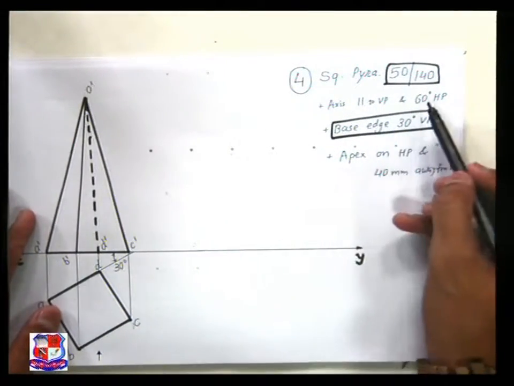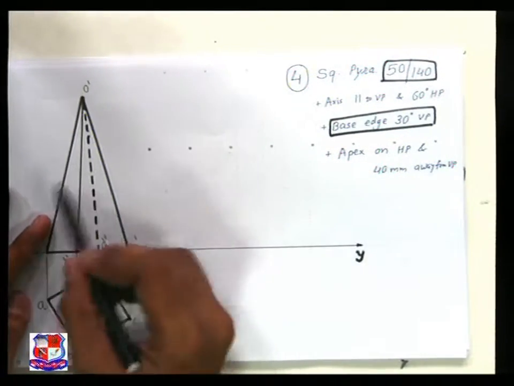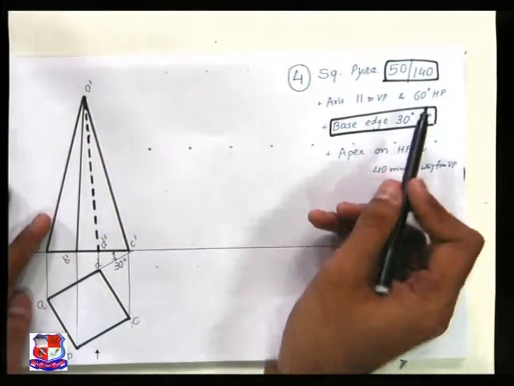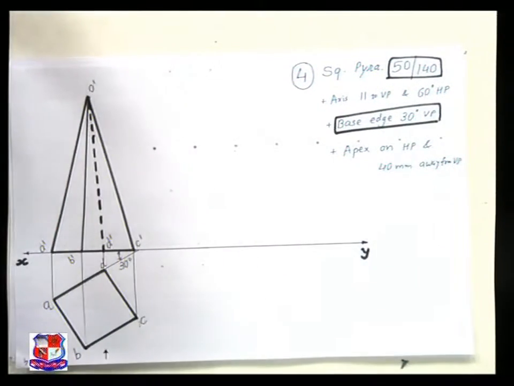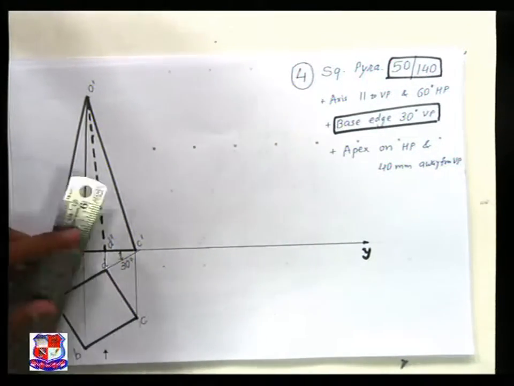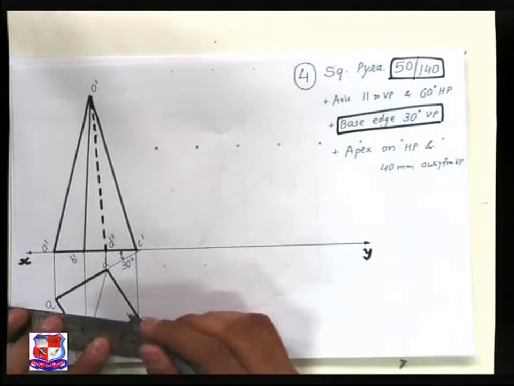Axis parallel to VP and 60 degree to HP, right? So we have to tilt its axis such that it is parallel to VP and it makes an angle of 60 degree with HP. So for that we have to draw axis of this solid. So how to locate the axis of this square pyramid? So for that, join the opposite corners